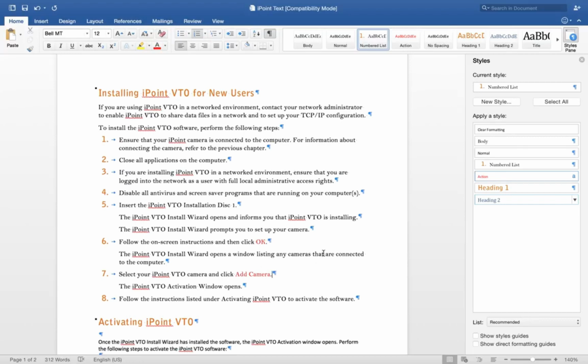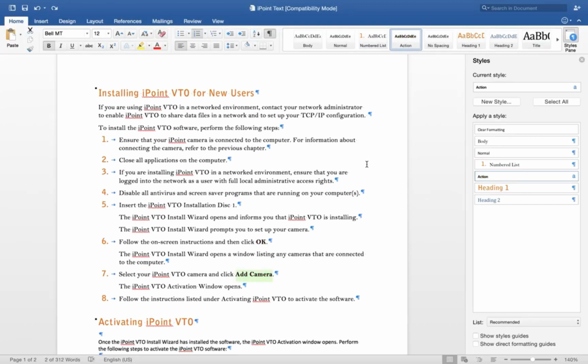So you can start to understand that while it might have been quicker just to apply bold text to these two items, if we were working in a document that was a couple of 100 pages long that had scores or hundreds of actions in it, you wouldn't want to highlight each piece of text and click unbold and apply the color. You could very quickly modify the style, and that change would be replicated throughout your document. I'm going to undo this because I don't want my actions to be red.